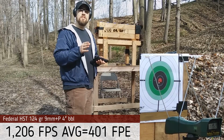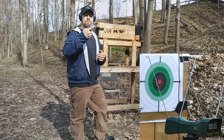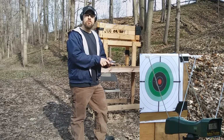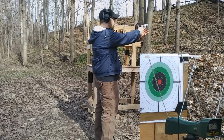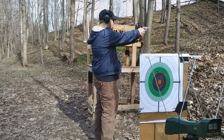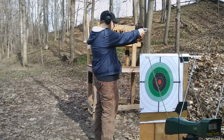So let's see how the 357 Magnum compares out of a snub nose revolver. All right, now let's see what we get with the 357 Magnum Taurus 605 with a 2-inch barrel. See what kind of velocity we get with the Hydra-Shok 158 grain 357 Magnum. 12:03, 11:86, 12:07, 11:83,